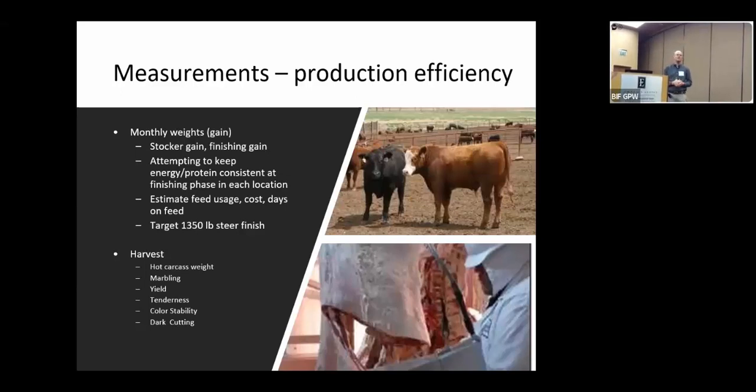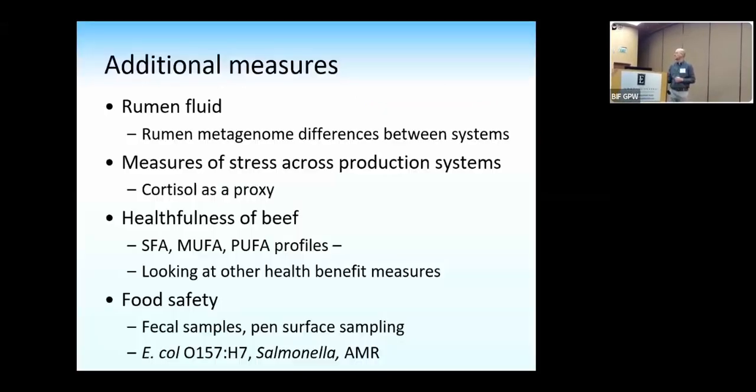And we tried to keep the rations for the finishing part of this phase as close in energy content as we possibly could. Obviously, that's not completely possible, but we tried to make sure they stayed representative of their location, i.e. steam flaking, maybe down south, maybe more corn up north, that sort of thing. We targeted about 1,350 pounds finish at each place so that we finished at approximately a weight-constant endpoint for the average, and then collected a lot of harvest traits at the same time.